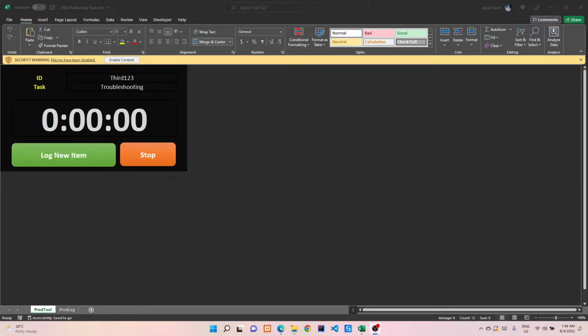Welcome to coding module. Today, we will create the basic productivity tool application using Excel VBA. Before we start coding, let me show you first how this tool will work. First, upon opening the tool and after clicking enable content,